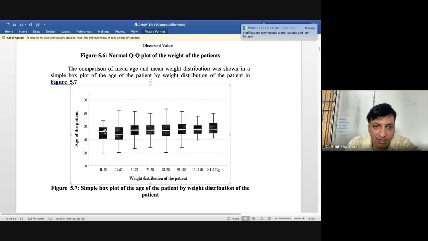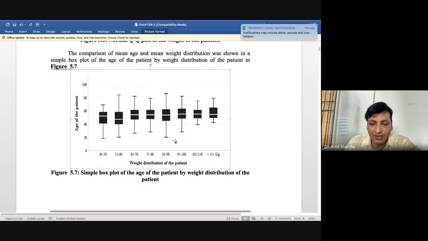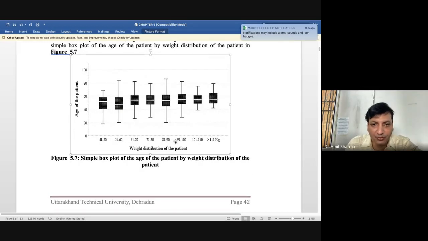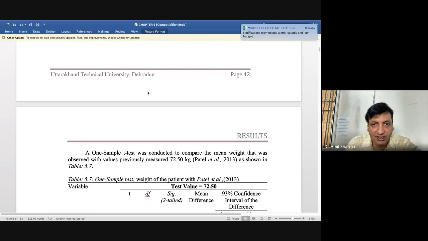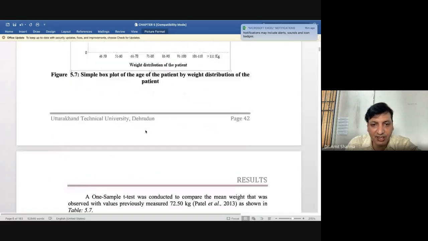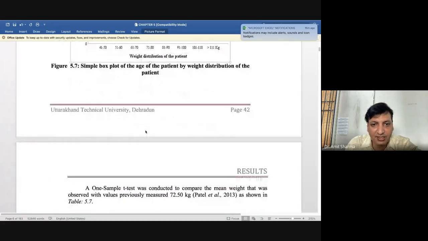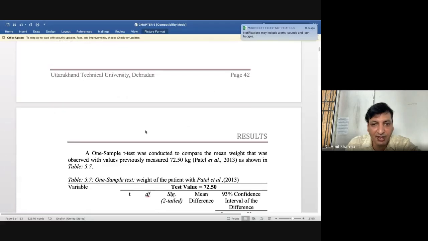Somewhere around 48, somewhere around 41, then around 50, like this.